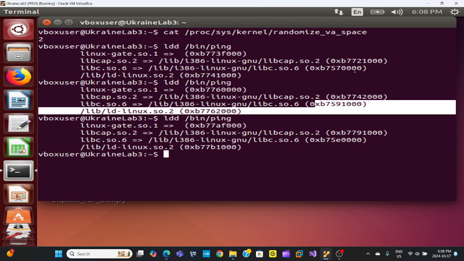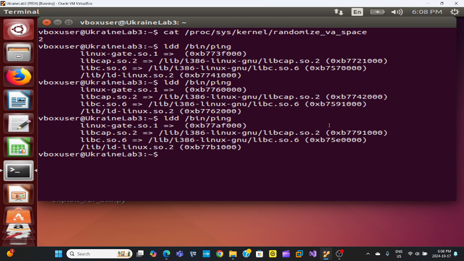I would like to point out though, there are very few different addresses here. They all start with B75. They all end with 3 zeros. So you can start seeing how we can bypass this just due to the entropy. So what I will do is we will go over to my desktop where my binary files are,